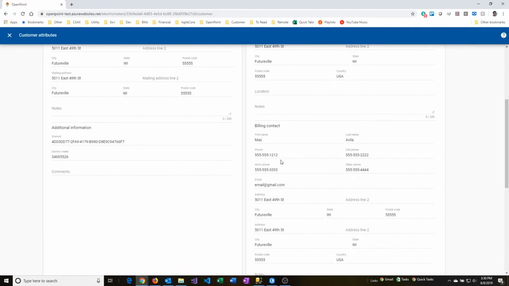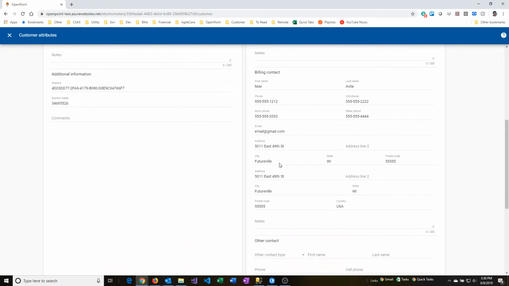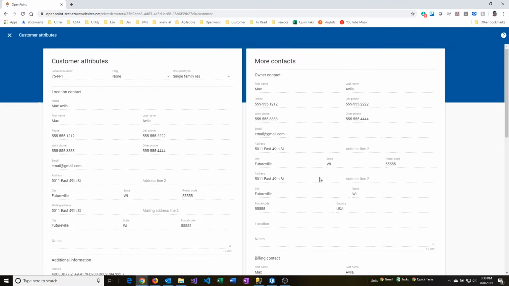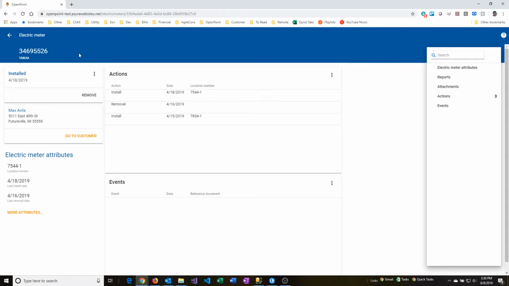And then we've got billing information. So we've got all the billing contact information. And then even some kind of miscellaneous other contact fields that are also available to this. So this is something that will oftentimes be imported automatically from a customer billing system. So that may be something that if you're not doing that today, you may want to contact OpenPoint about getting